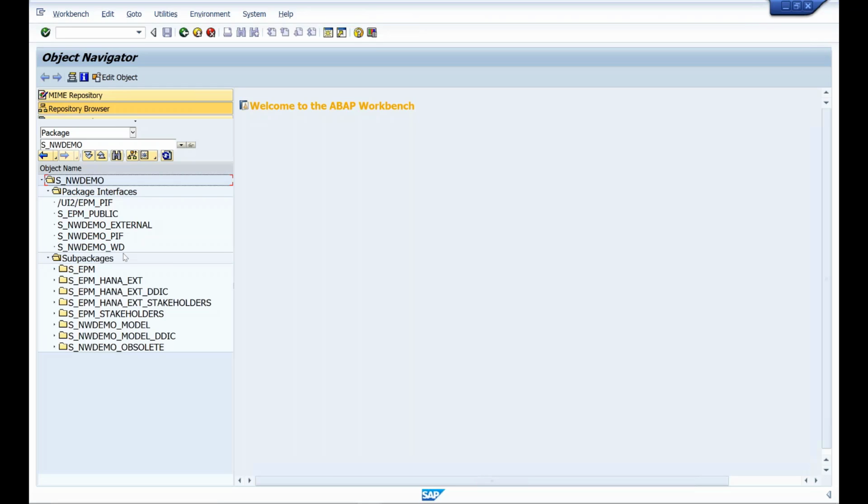So if you're creating any table or a transaction or a program or function module, and if you're keeping all of them in the same package, then at one place you can see all the related development objects belonging to that package, right? So it's only to organize your developments. It doesn't really influence how the program behaves or anything like that technically. But